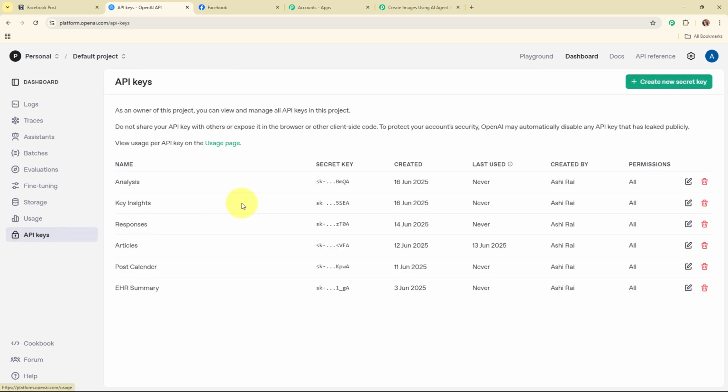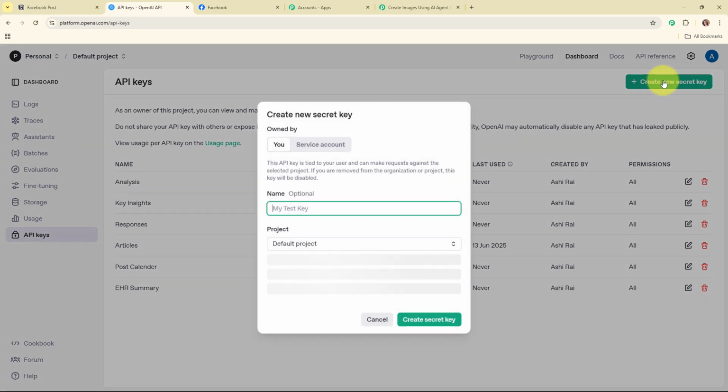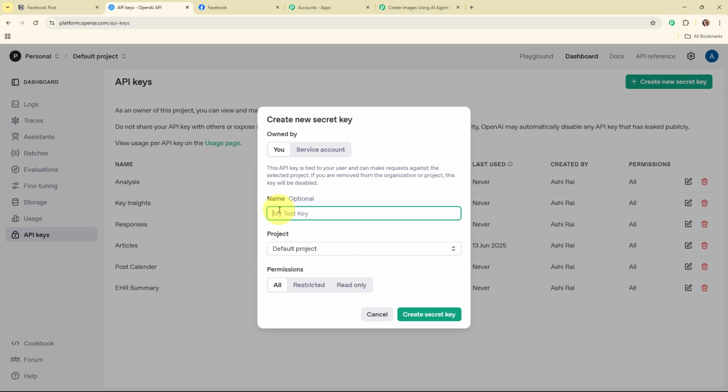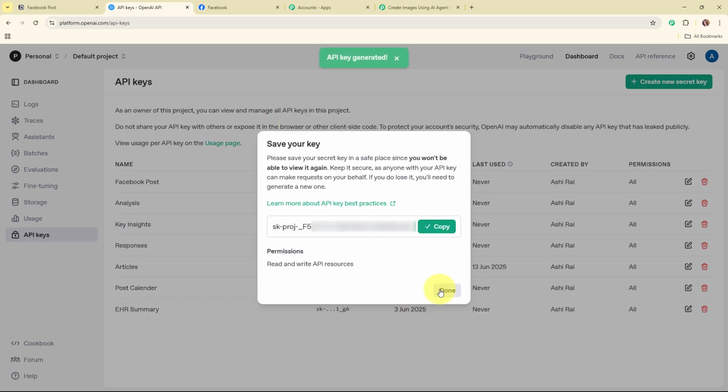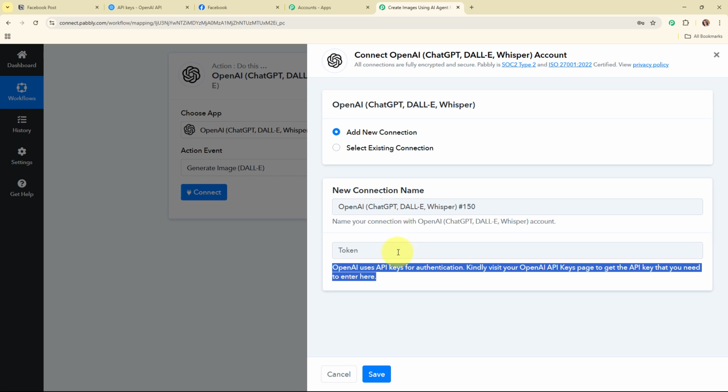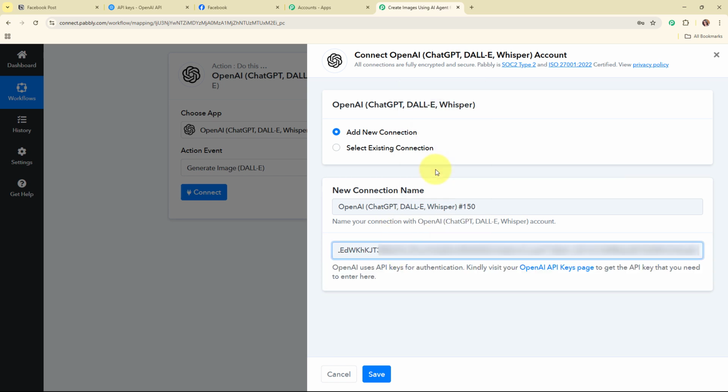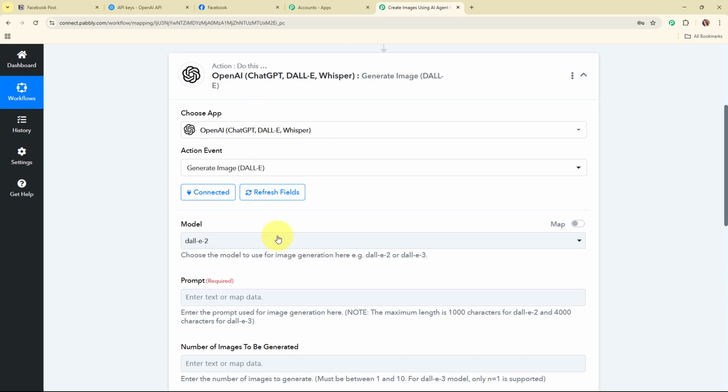And here under API keys, you can see some existing keys over here. So I'm going to generate a new key by clicking on this create new secret key, and here I'm going to give a name to my key, that is Facebook post. And then I'm going to select my project as default project, and then I'm going to create the secret key. So this is the API key generated, so I'm going to copy it, moving back to Pabbly's workflow, and here I'm going to paste the API token. Now here after entering the API token, I'm going to click on the save, and here you can see we